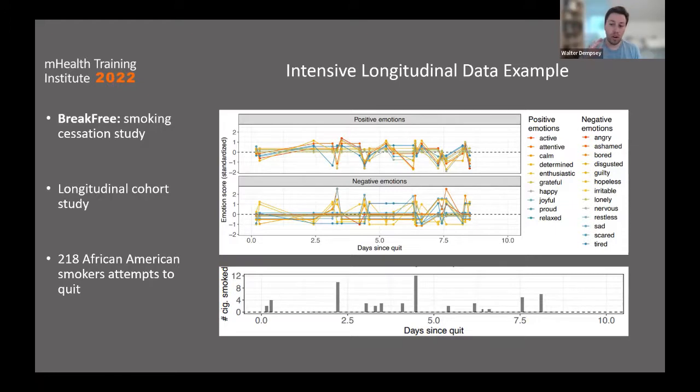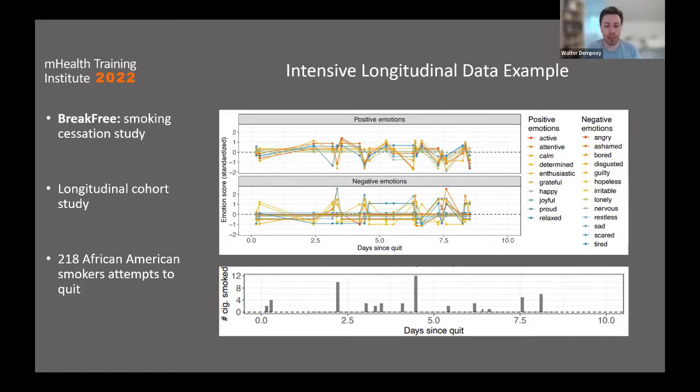So there's over 20 items as well as smoking data coming in. And so we want to model potentially the relationship between these different variables. So let's just say that was our goal. Now, where does missingness come in? Well, I just want to remind you,